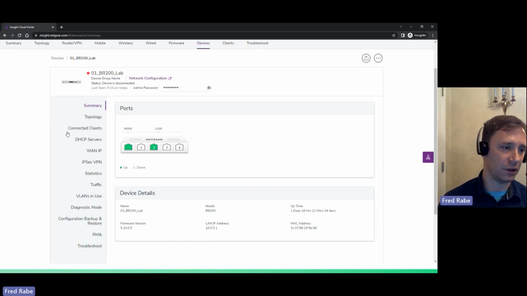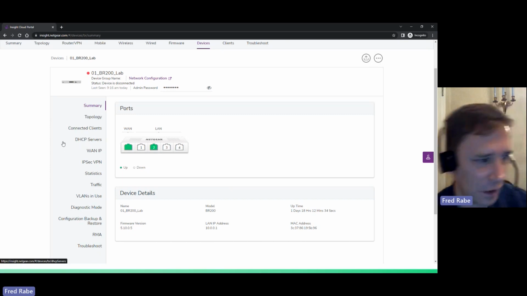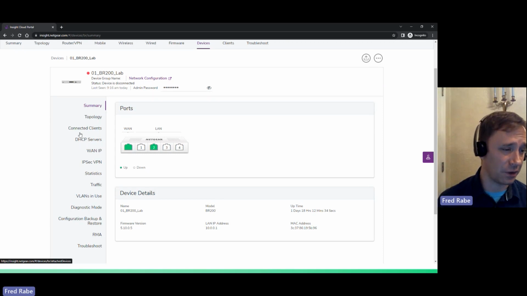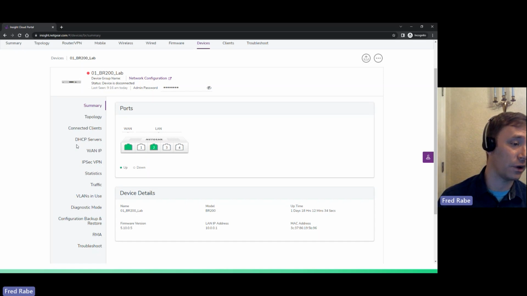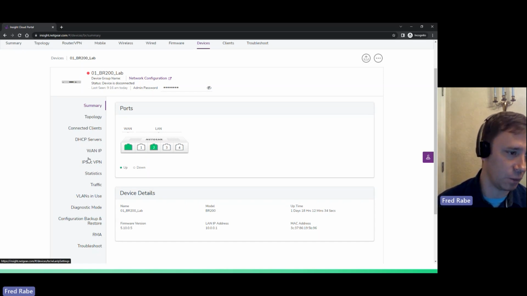And of course, you'll be able to see who's connected, modify any DHCP servers associated with it. Our routers have previously supported 4 DHCP servers, and I expect that to be a similar number with the new router. Should that be different, though, we will make sure that is reflected. And don't be surprised if we are back for another training when that router is officially launched. Of course, you'll be able to see WAN information. I haven't heard back yet on what the exact details of VPN and what that will be,